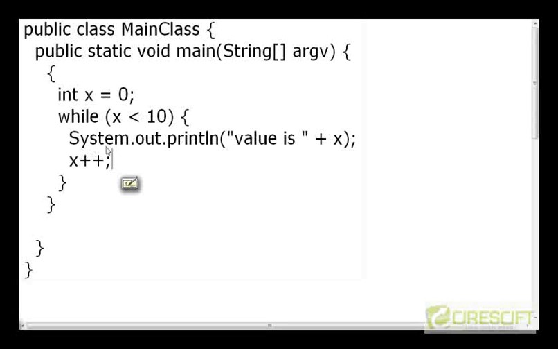So one very important thing is that we need to have a mechanism to exit the loop, and this is the operator over here. If this expression is always going to evaluate true, the loop won't exit, and we would have a condition which is known as